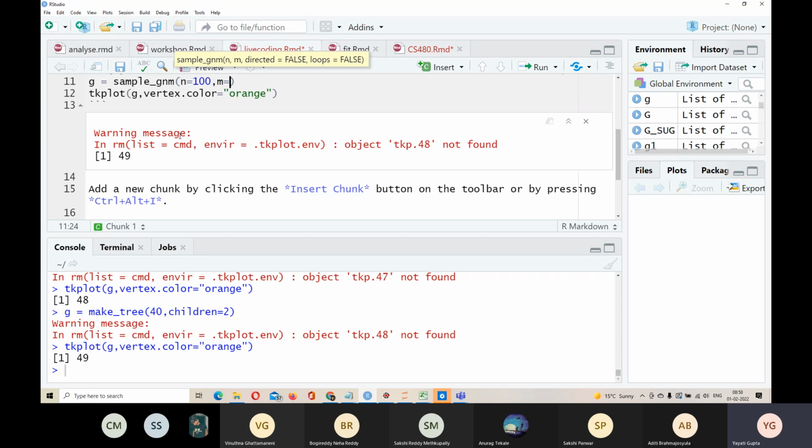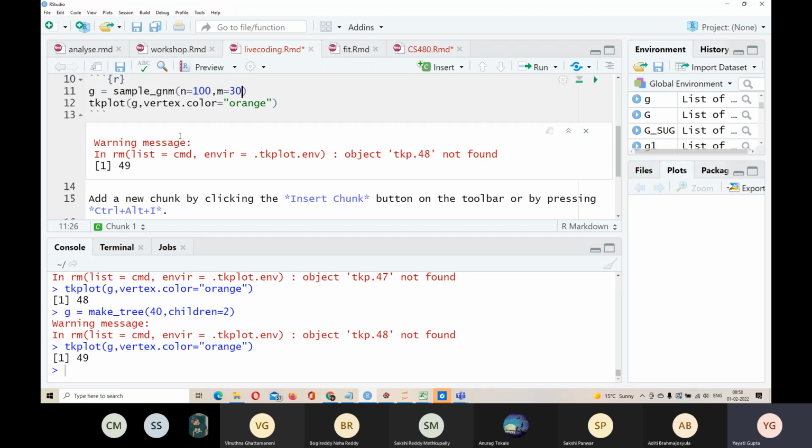So again, between 100 nodes, how many friendships can be there? If it's a complete graph, there will be 100 choose 2 friendships. But I do not want all of them. I only want a few of them. So you tell me how many you want. Okay, let's say I want 30 friendships only. So we'll again talk about, in general, how is this number? In general, will this number be less than 50 or greater than 50 in the real world? Any guesses? So we will talk about that.